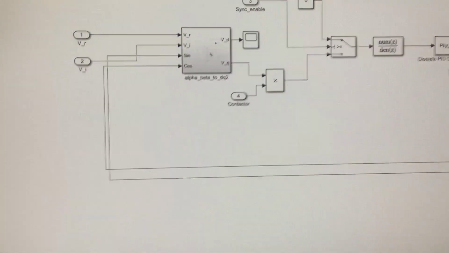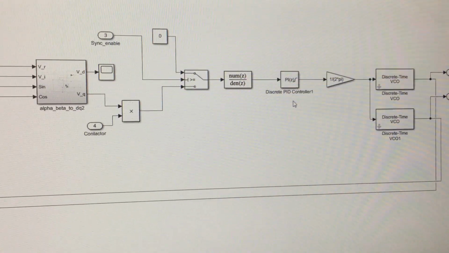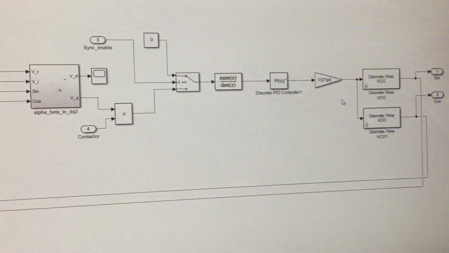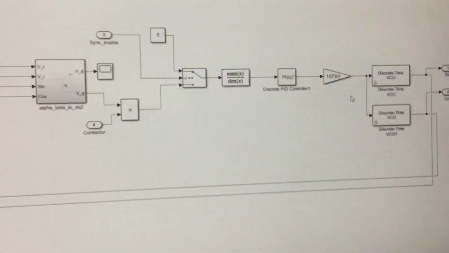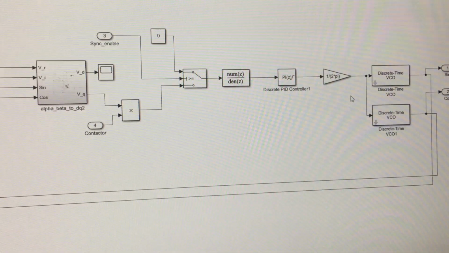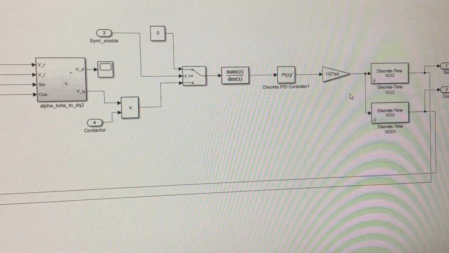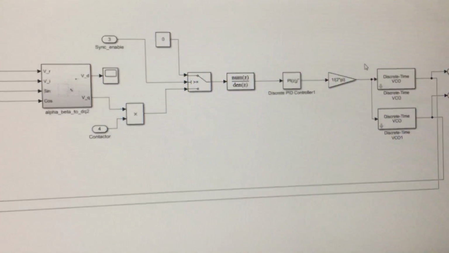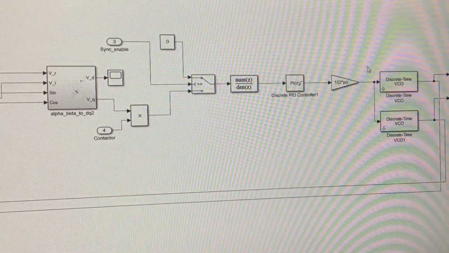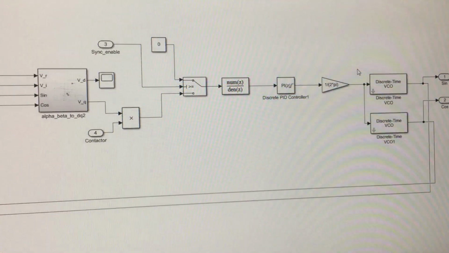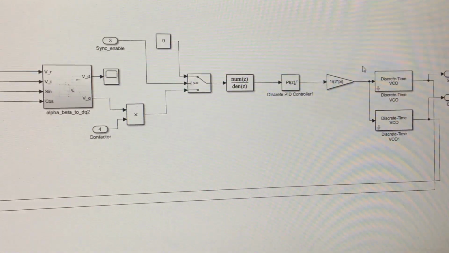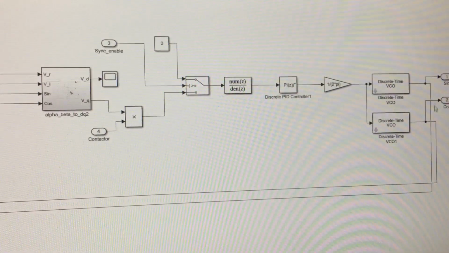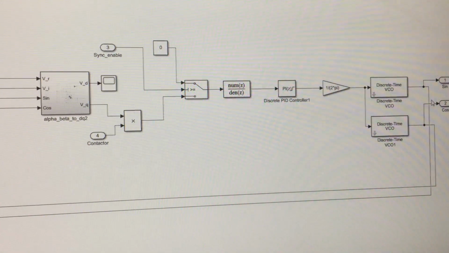Now make sure that you understand that by implementing this program onto the microcontroller, you do not have a reference time, so you cannot make use of an integral block over here, either a discrete time integral or a continuous time integral, because you do not have any frame of reference for the time. So what I did over here is that I generated my own sine and cosine signals,